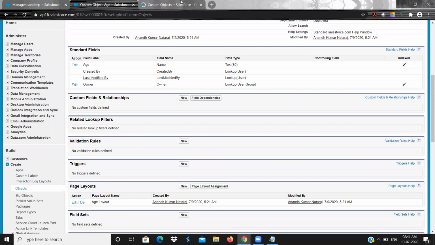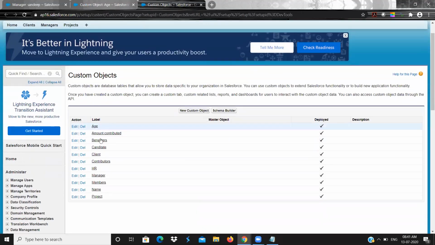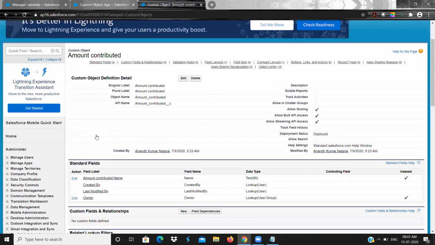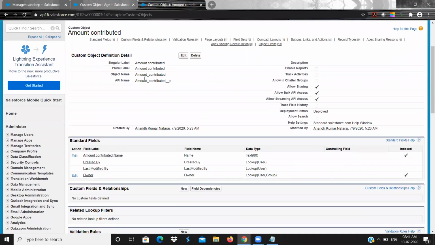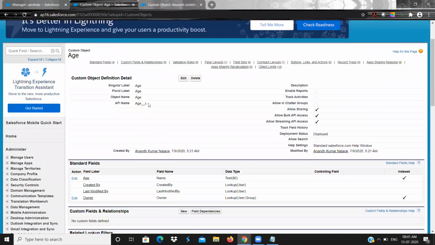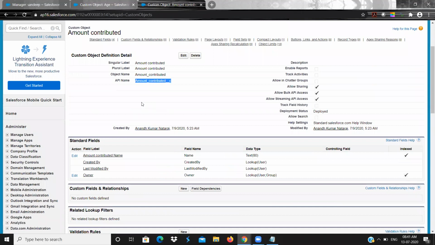Again go to the object, and you can see amount contributed. So some other object I am taking. So you see that there are two objects, age and amount contributed. For example, this is some dummy unknown object.